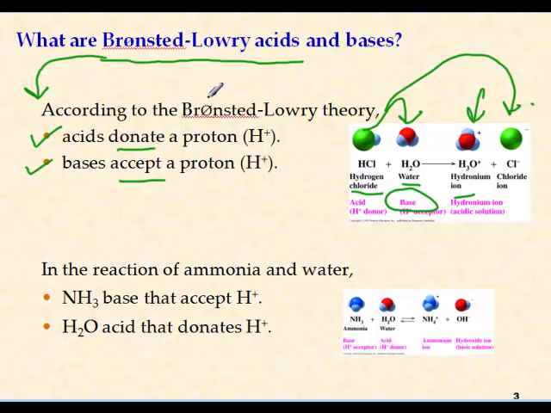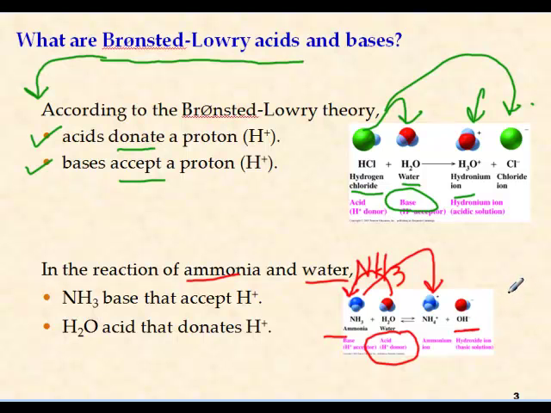On the other hand, keeping the Bronsted-Lowry theory in mind, if we look at ammonia and water, we can see ammonia as NH3, the formula over here, I hope you can see it, NH3. Water is H2O. Now in here, look at the other side: the water has donated a proton, so water is now acting as an acid, and ammonia is the base because it has accepted a proton and formed NH4. However, we do have hydroxide ion in solution, so the older definition of the Arrhenius theory is not